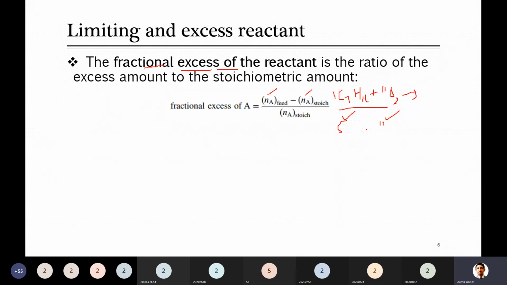Now, can you tell me after this, can the reaction proceed or will the reaction stop? The reaction will stop. Why? Because oxygen is the limiting reactant and it is finished. Yes, oxygen is finished. There is no more oxygen. When there is no more oxygen, the reaction can't proceed. So now from here you got the idea that this reaction will be consuming only 1 mole of this one.